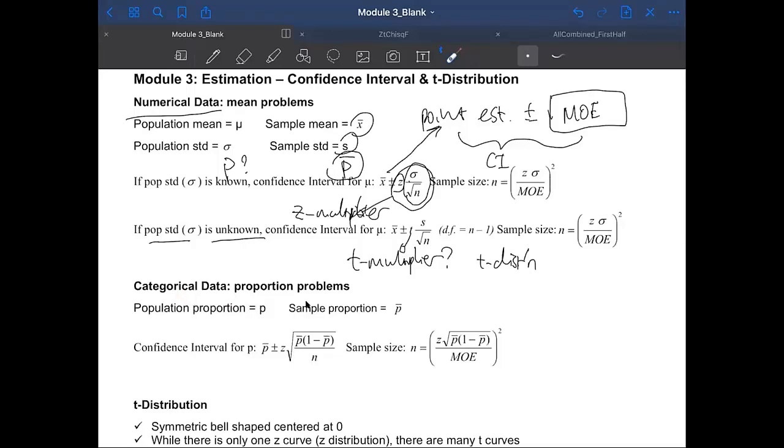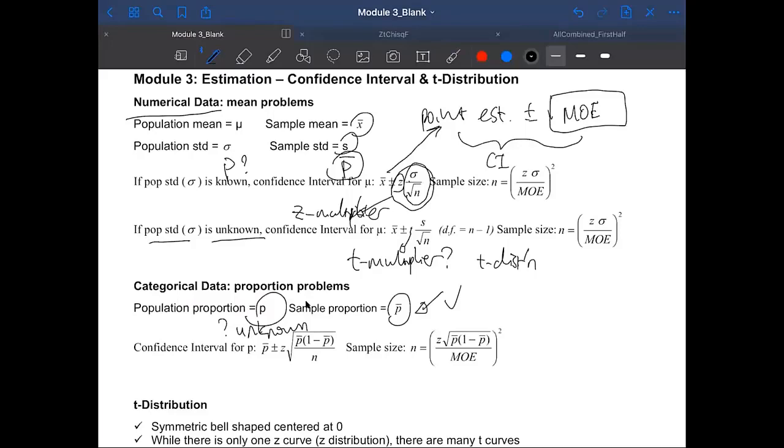If you're dealing with a proportion problem, you probably have the sample proportion information, and the question is probably going to ask you how you can estimate the population proportion. So you should not expect the population proportion to be given to you, because otherwise you would not be asked to estimate it. So this quantity P is typically unknown. I'm just going to put a question mark to remind you this is unknown. And this quantity is typically given to you. I'm going to put a check here.